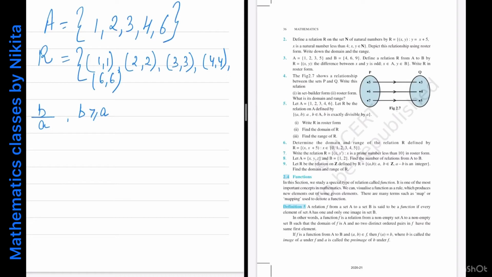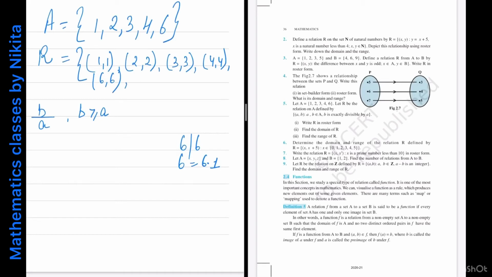Every number is exactly divisible by itself. Why? Because you pick any number, say 6. So 6 divides 6, because 6 can be written as 6 into 1. So here x is equal to 1. Now next, 1 divides every number, or any number is divisible by 1. So any number is divisible by 1 exactly.